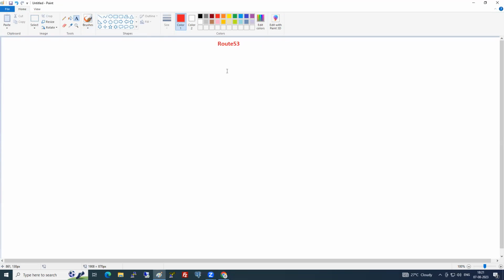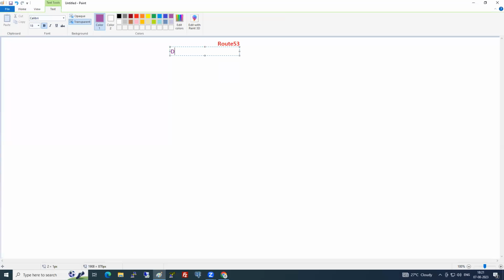So today's topic is Route 53. If anyone asks about Route 53, what is the first thing that you say? What is a single line of answer? It's a DNS service in AWS. If someone asks, what is the DNS service in AWS, or what is Route 53, then you can say it is a DNS service in AWS. So I'll just start with that.